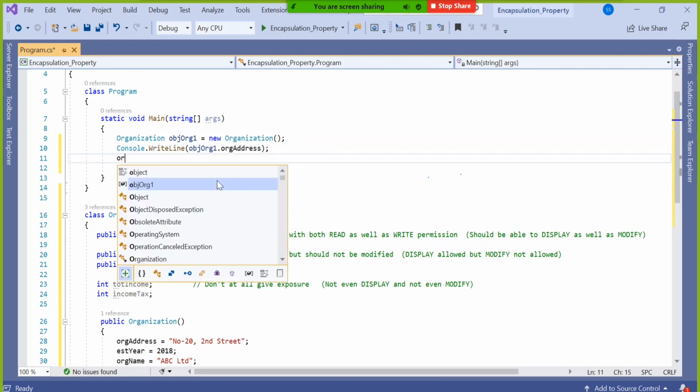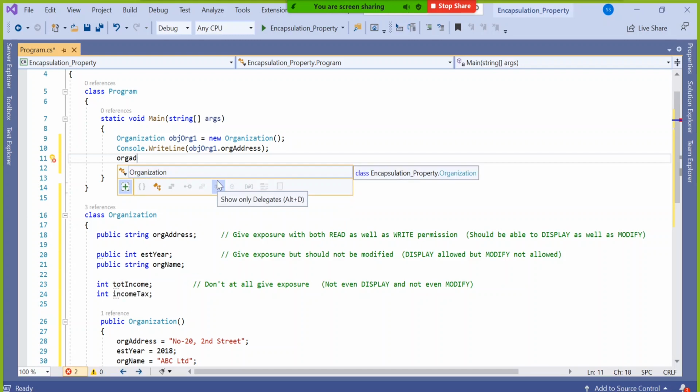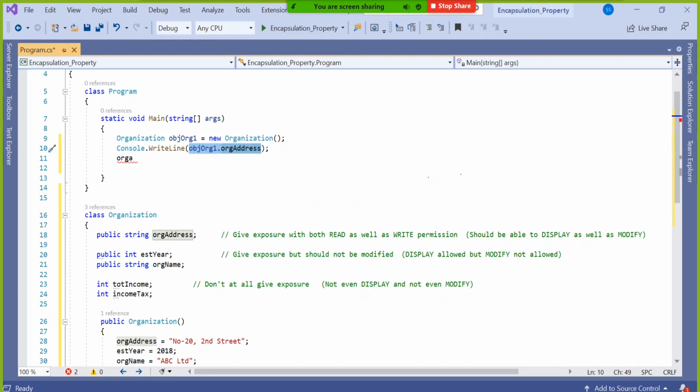Somebody says, okay, organization address I want to modify, I will copy paste this. It was 2nd Street, I want to make it 4th Street. The building has changed to number 7, 4th Street. Absolutely fine. It is allowing you.